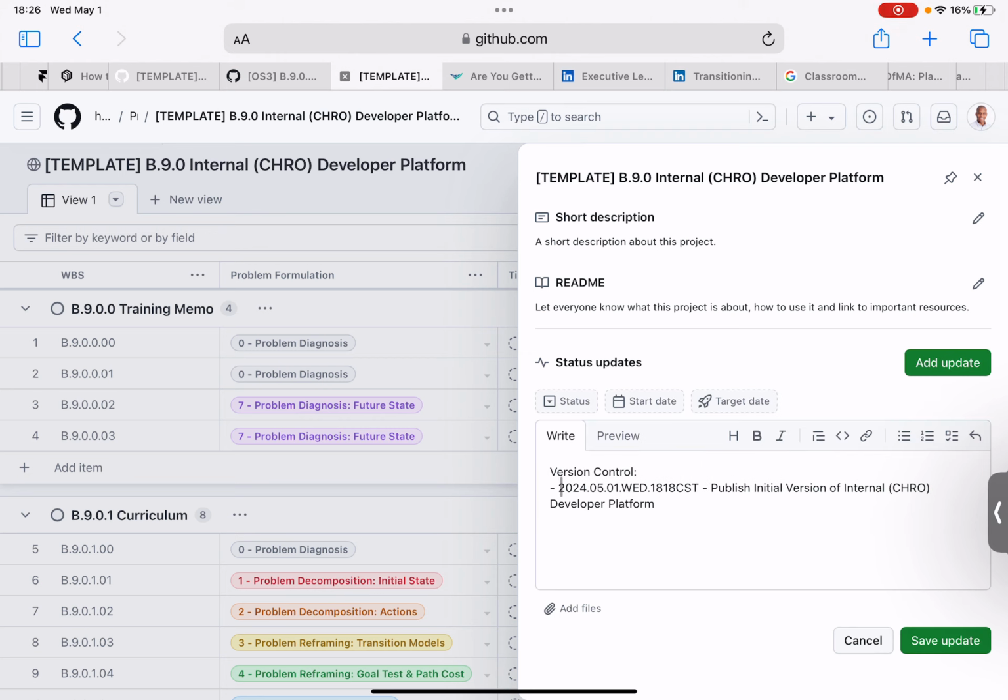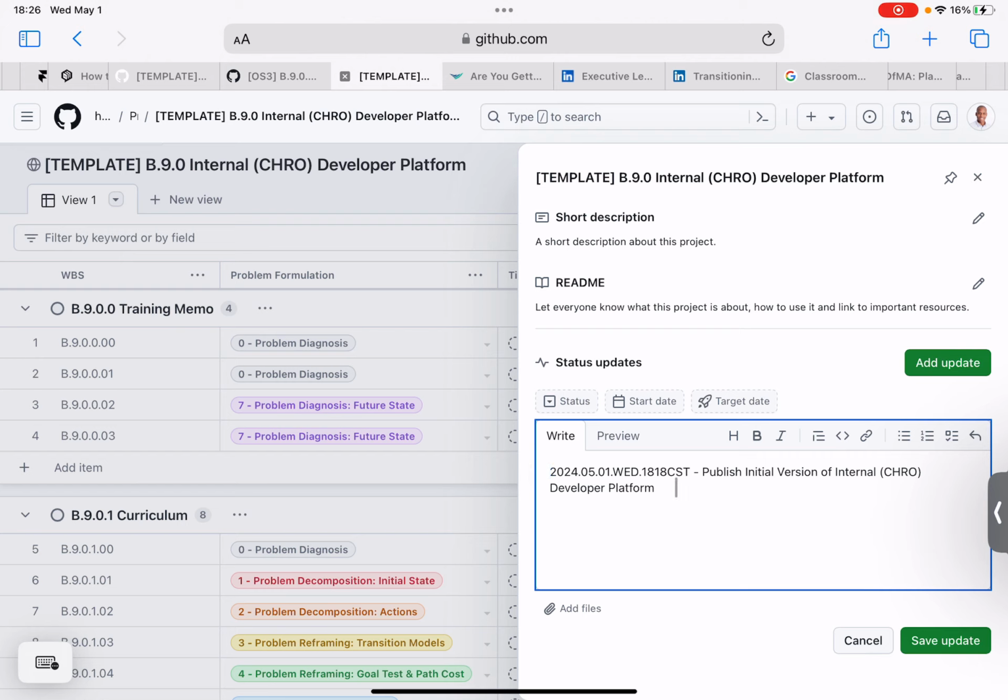I like that a lot. So we just focused on